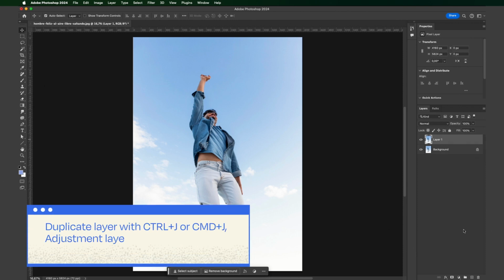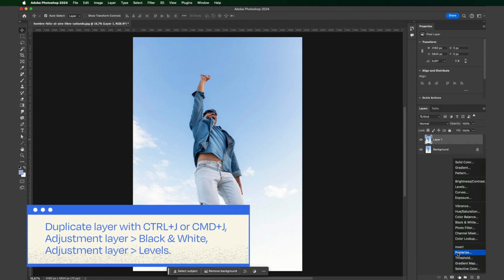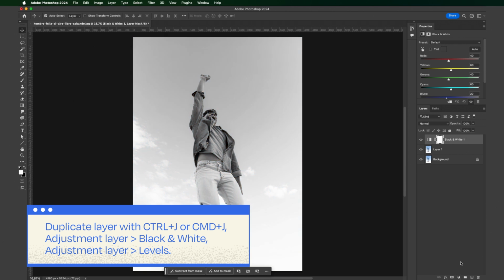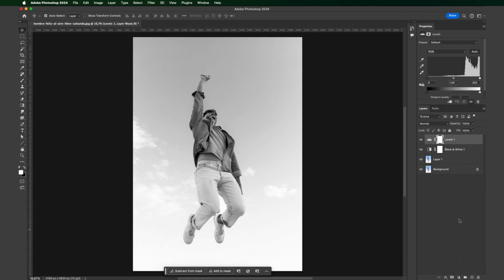Now click on Adjustment Layer and then Black and White to desaturate the picture. We need to crank up the contrast for better performance. For that extra contrast kick, head back to the Adjustment Layer menu and pick Levels. Grab your mouse and slide the dark arrow right and the light arrow left. Once you're happy with your contrast gain,